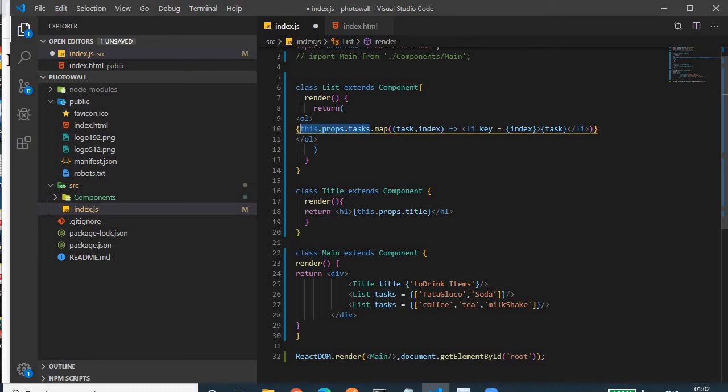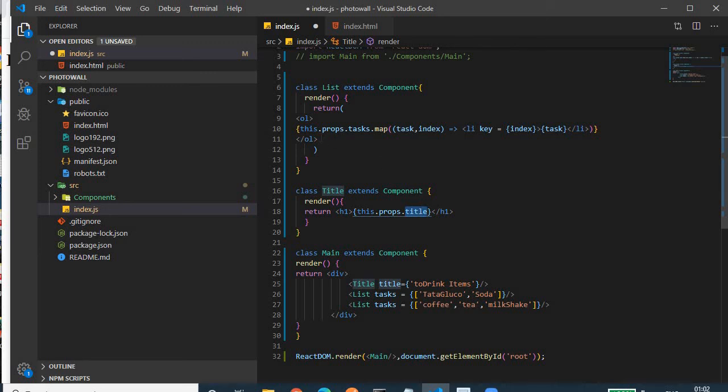Then the same story repeats: we iterate and create an li. Similarly for the title, we write the selector, then within the curly braces this.props and whatever prop we provided for the title, and we access that within the curly braces.